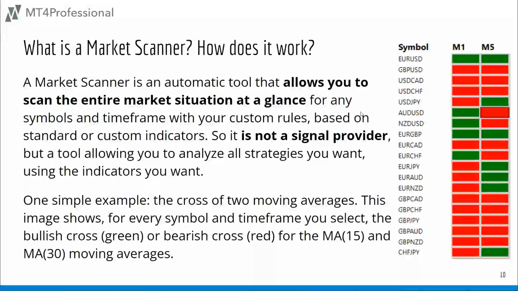So the example I have to kind of show you and to get an understanding is a moving average cross. The image on the right shows different symbols and different time frames and different colors on a spreadsheet. Each color will represent either a bullish or a bearish cross. I define a bullish cross as a green, which is the fast moving average crossing over the slow. So here's the fast MA15 crossing over MA30. That would be bullish. If that same MA15 crosses under the 30, then that would be classified as a bearish cross or a red signal.